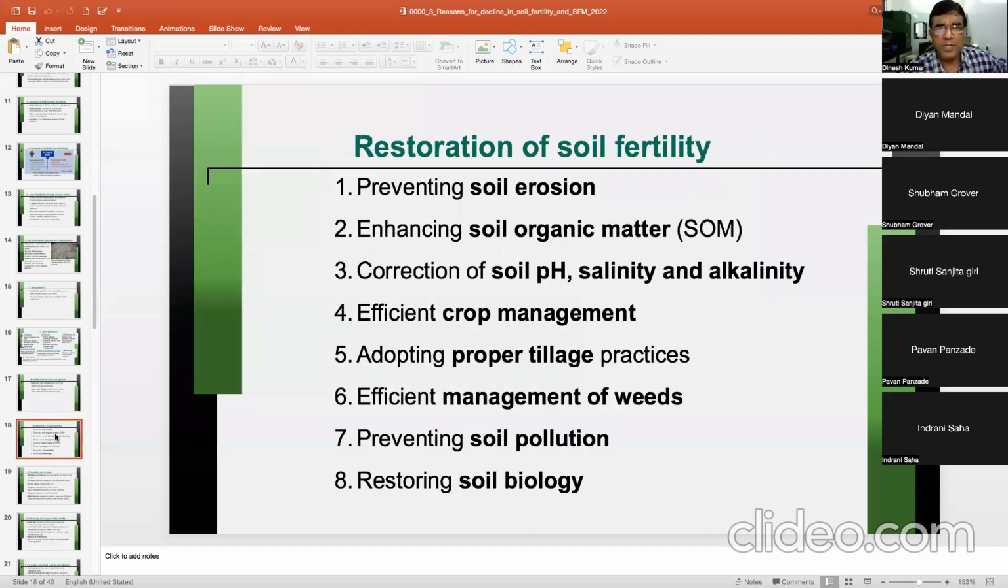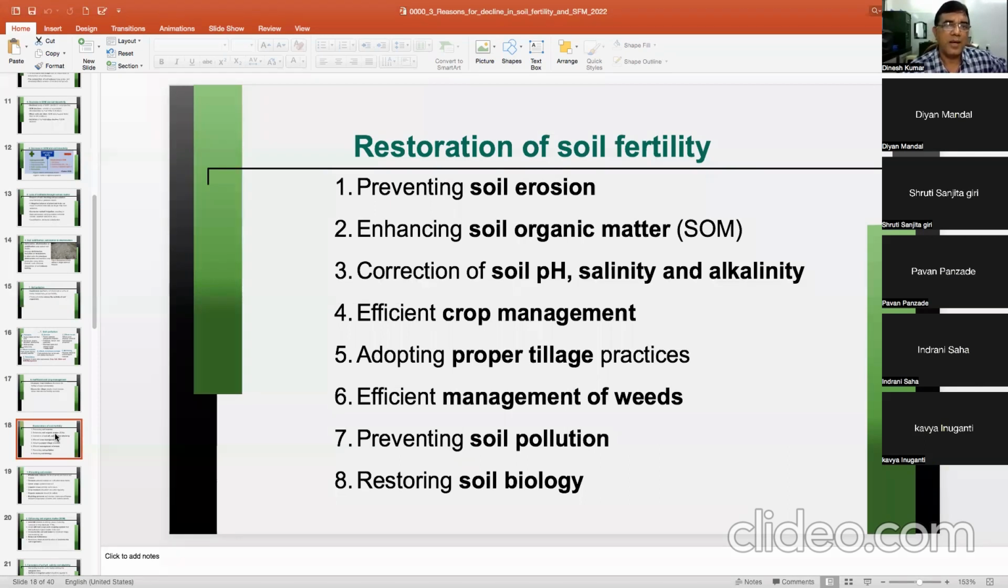Now, restoration of soil fertility. Just now you have seen the reasons why soil fertility is going down. What are the reasons for its reduction? Now, how to restore it? If you know the reason, you can just put it in reverse gear, and you can